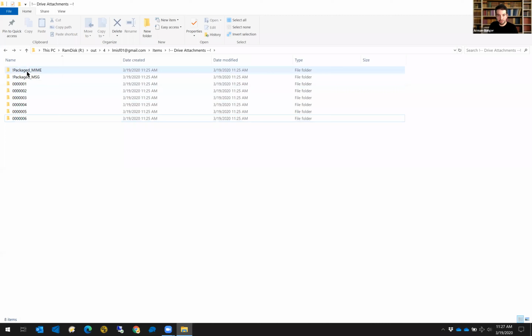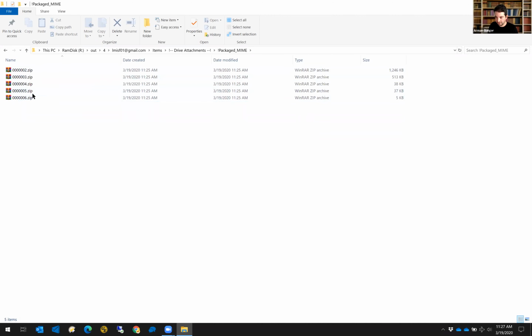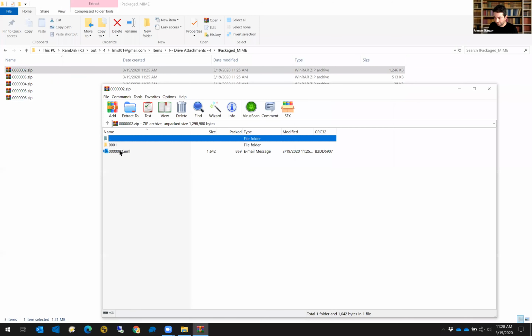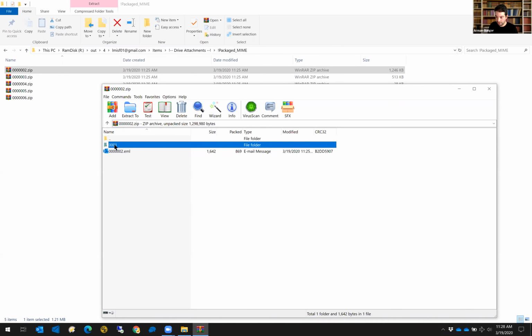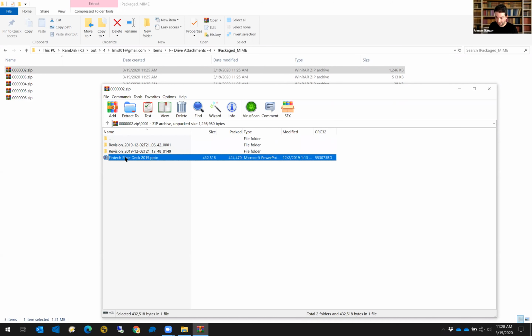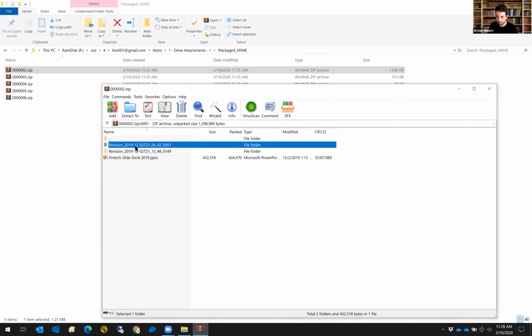Now we have two additional folders called package MIME and package MSG. These are essentially zip files. I don't have 1.zip because that first one was the file that we couldn't download because of the attachments issue. If I open this up, I have this email here because I'm in the package MIME folder. So this is the parent message, and then this is its drive attachment, and then drive revisions all in